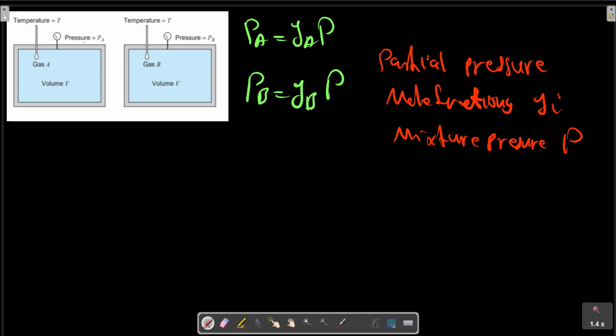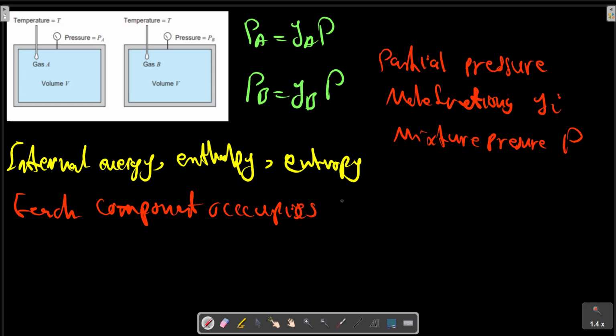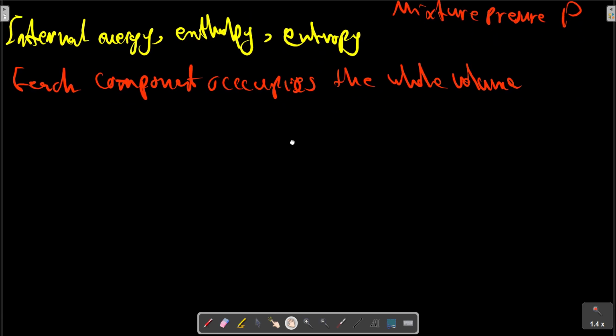The mixture for internal energy, entropy, with the assumption that each component occupies the whole volume, we can write this relation for example